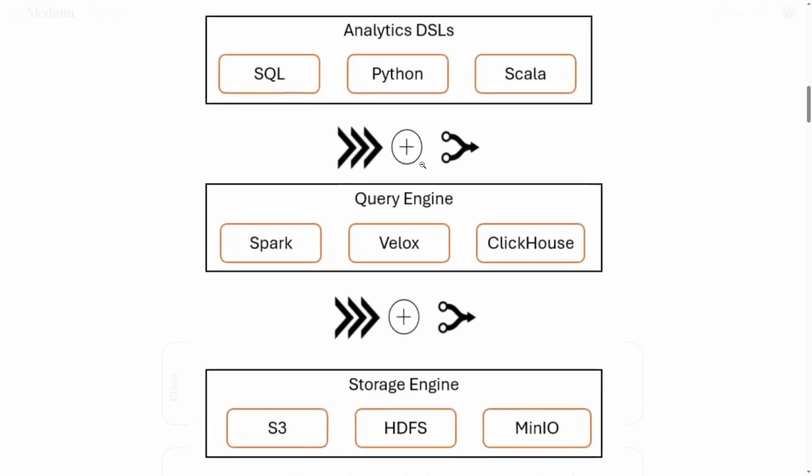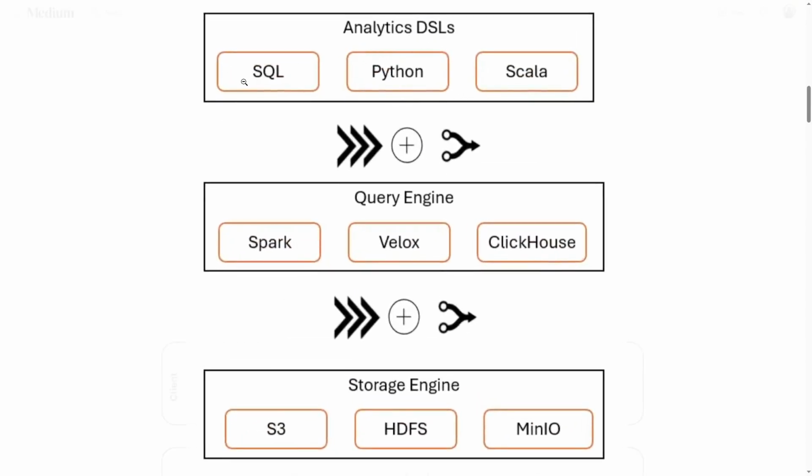So what happens is we will have analytics DSLs, for example SQL, Python, Scala, or we can think of it as a client interface. Then we use Arrow and Substrait to create a plan, and hand over that plan along with some data to the query engine, which understands Substrait and the in-memory layout of Arrow as well. So now we will have faster data transfer, with no serialization and deserialization, and these